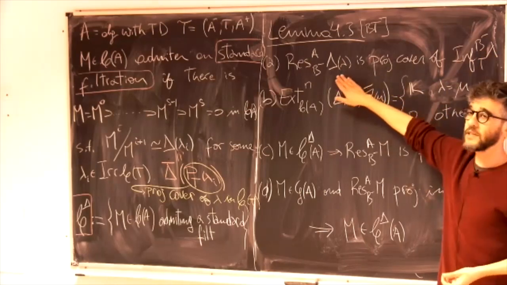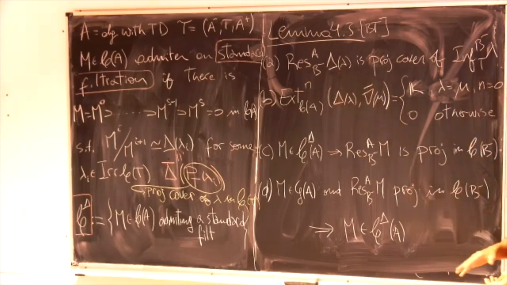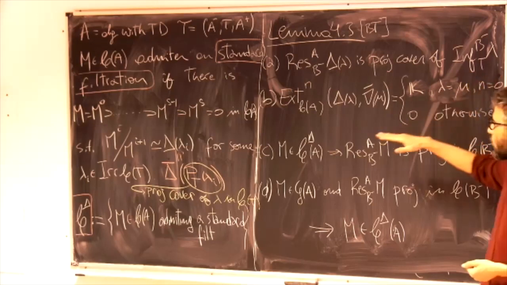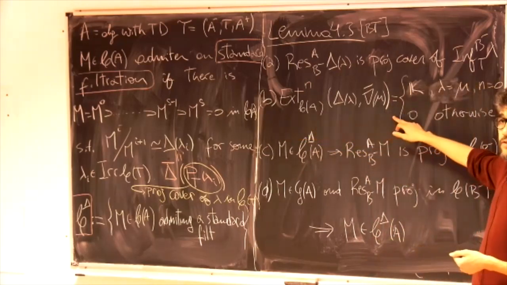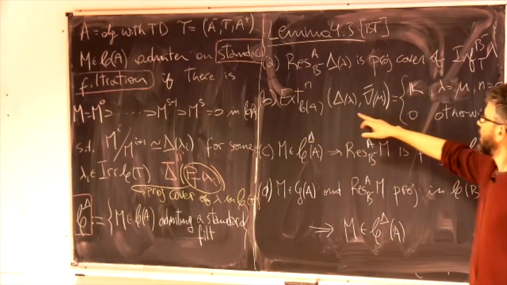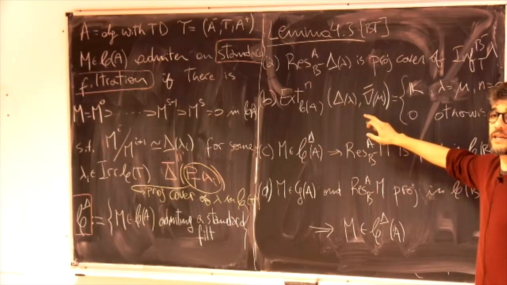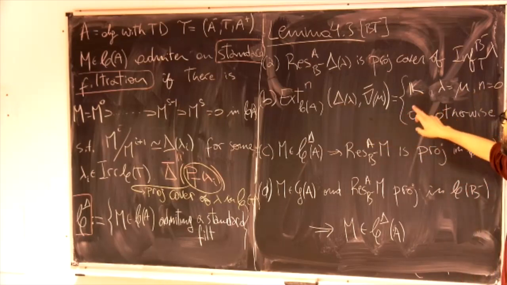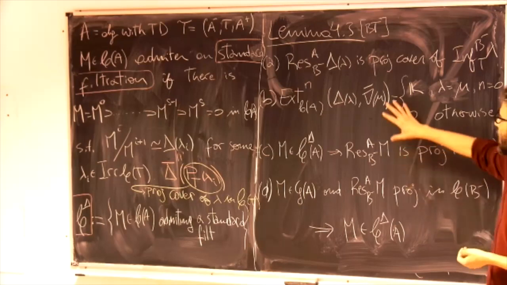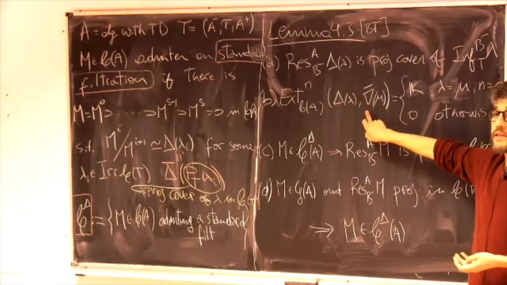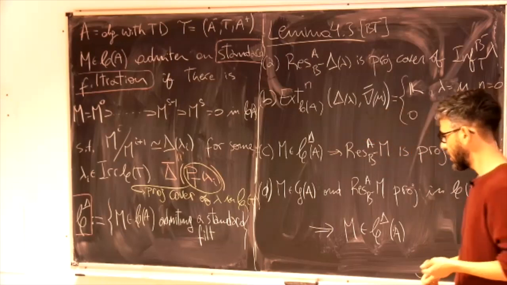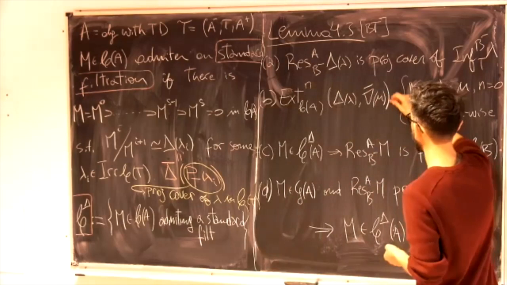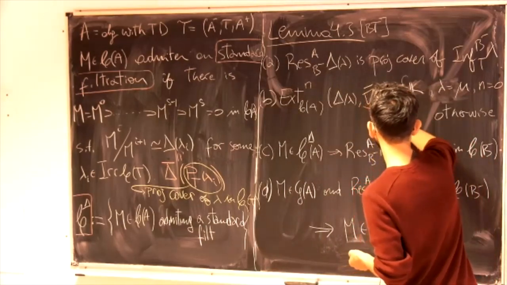When we see this just as a B minus module, it is the projective cover of the inflation of lambda. And the other point says that the Ext group between the standard and proper standard modules is zero. And this proper standard module was introduced yesterday,